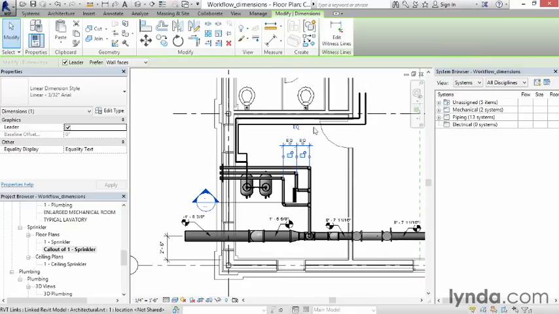If we select any item on our screen, and if we make a change in the Properties dialog right here, this change is only going to reflect the item we have selected. This is not just true for dimensions, it's true for any object in Revit. For example, if we don't want to equally display the text, we're going to put a value in here and hit Apply. It only changes that dimension. Now if we go to Edit Type,